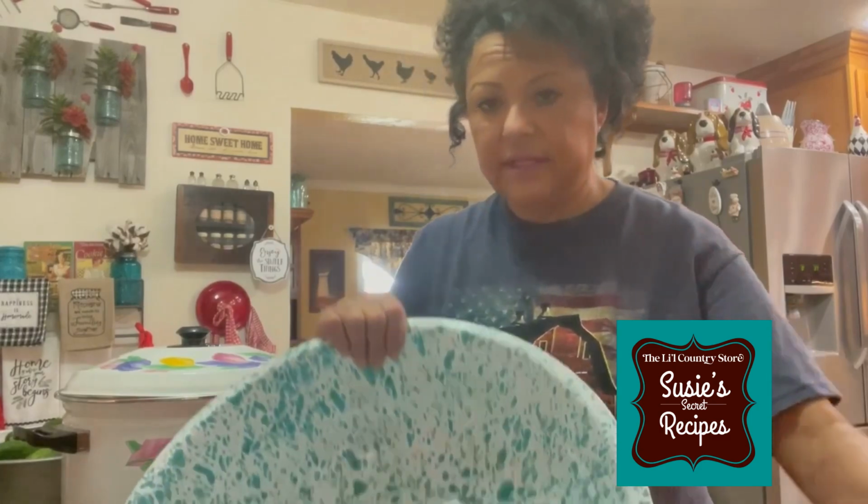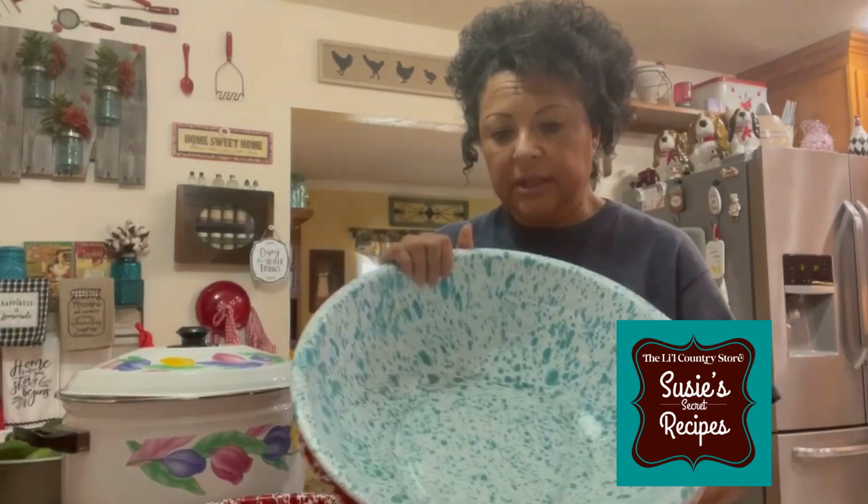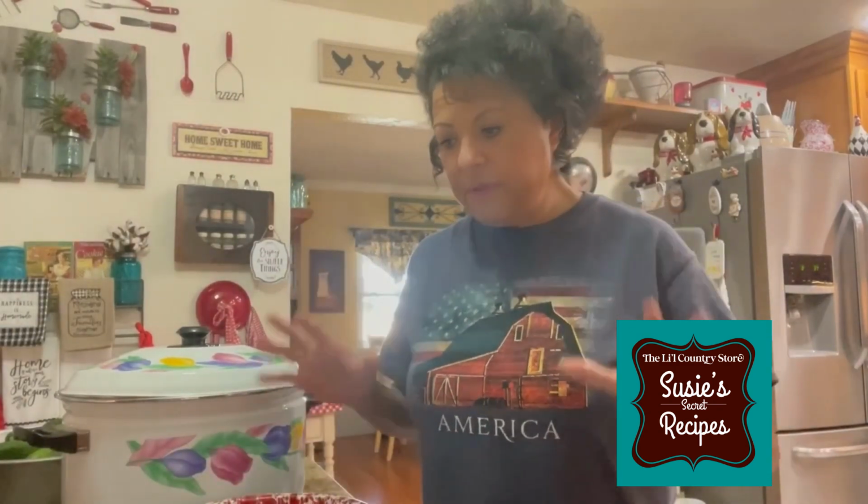Mixing bread up, especially these big ones here. I love them. And so these are just some of the bowls that I use and pans that I use